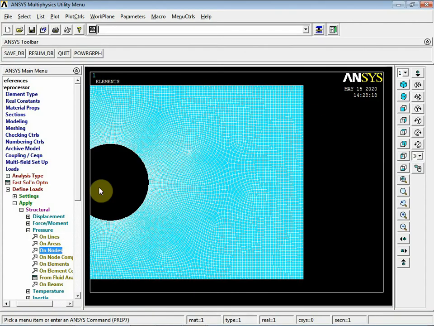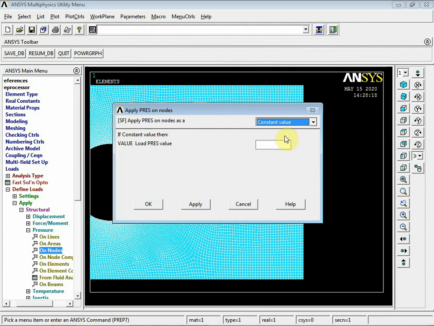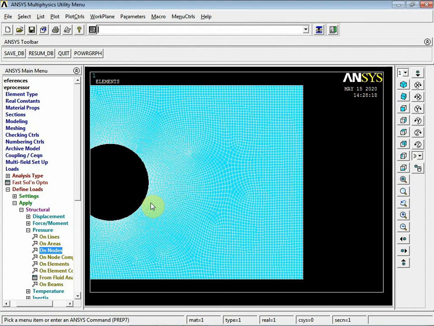On nodes, I'll select again just to confirm whether it is 200 or not. Say OK. You say minus 200 because it is acting towards the right. Say OK. Now say fit.